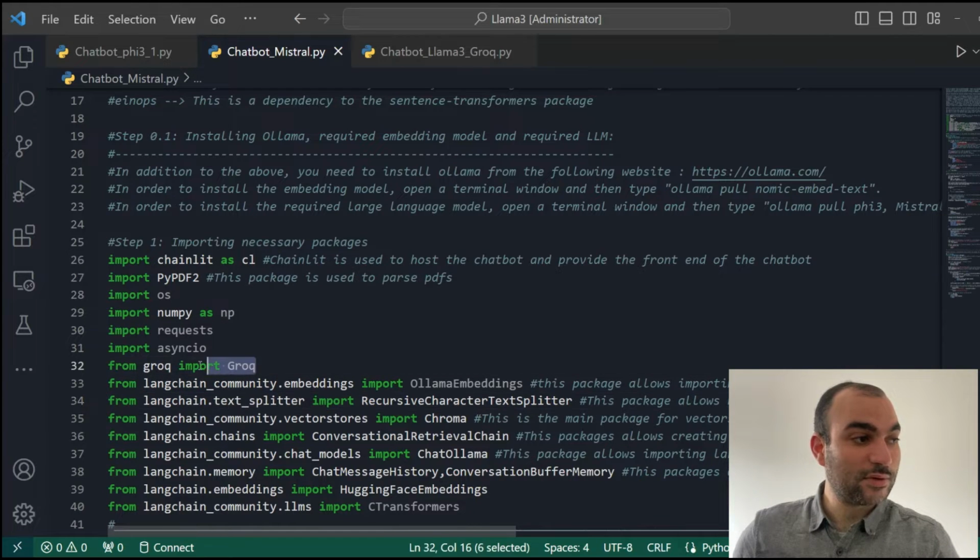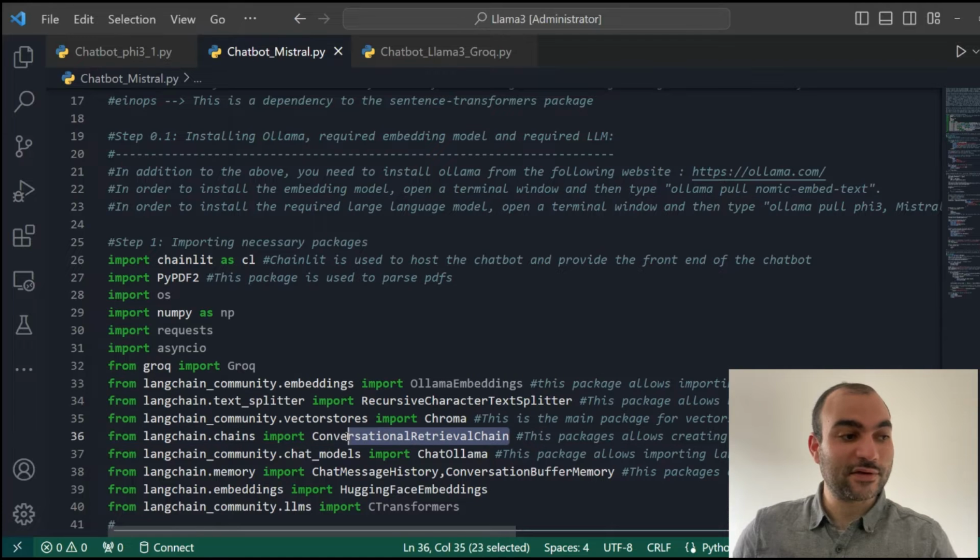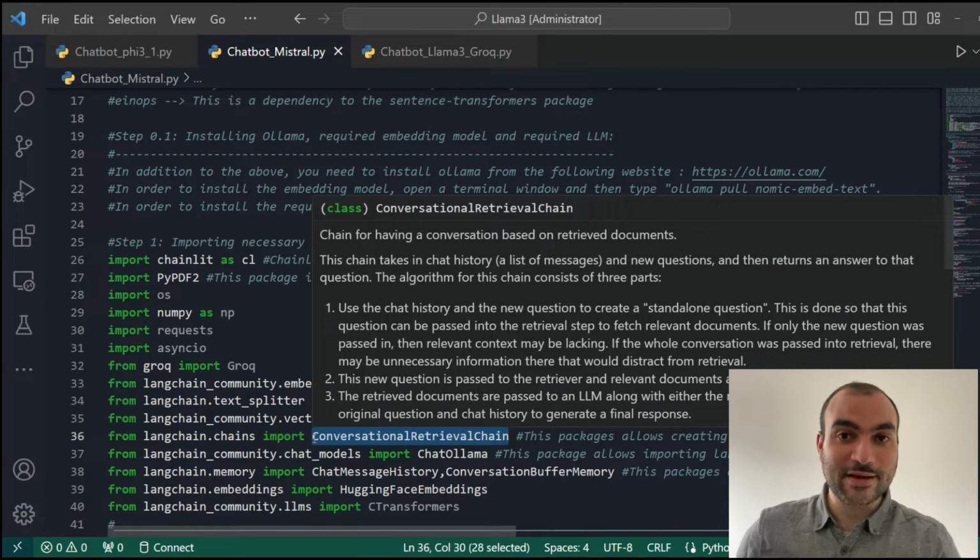As we've explained above, Groq is going to be quite important for dealing with API keys from Groq itself and cloud computing for Llama. And then we're going to have some embeddings from LangChain, the text splitter for splitting of the chunks, and then the vector database in order to make sure that we store our embeddings somewhere. And then it is quite vital to have a conversational retrieval chain so that we can have this line of